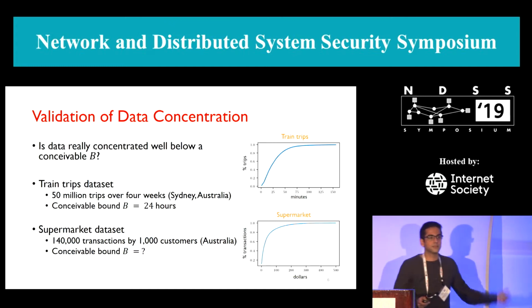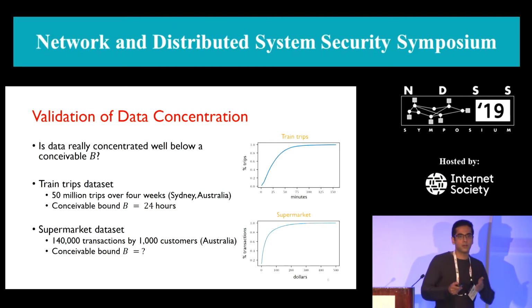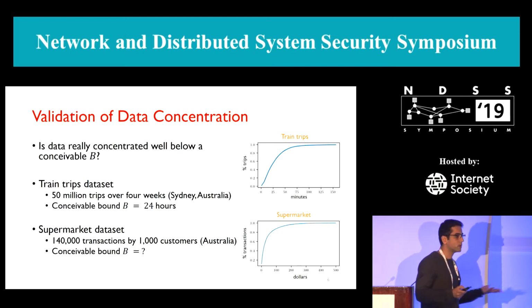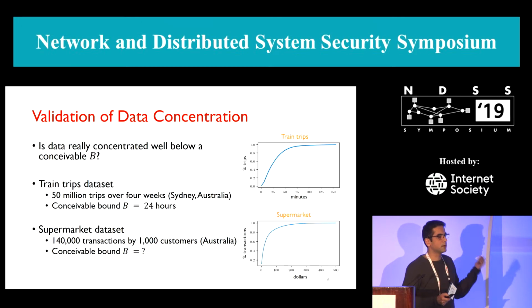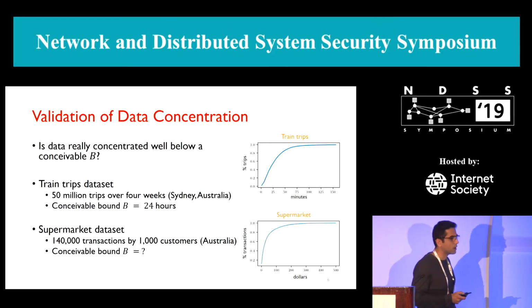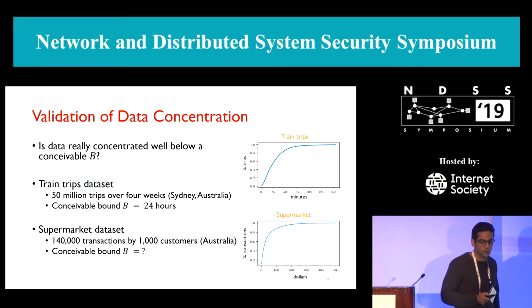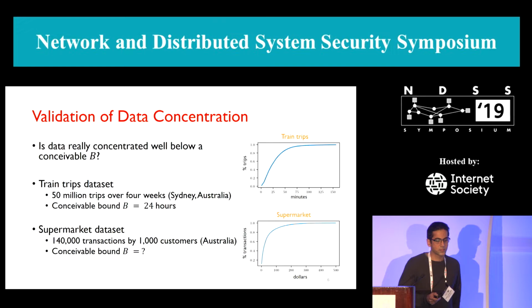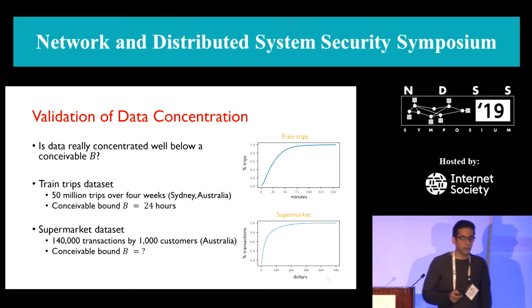We actually tested this assumption that most data is concentrated well below the publicly known bound B on 2 real-world datasets. One of them is a public train trips dataset from Sydney, Australia. Here we had conceived an upper bound of 24 hours, and as you can see from the graph, most commute times are well below that. Approximately 100 minutes is what looks like the maximum of train trip times. We did the similar thing on a supermarket dataset and found that most customers would not be spending more than $300